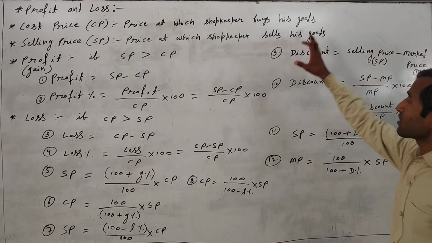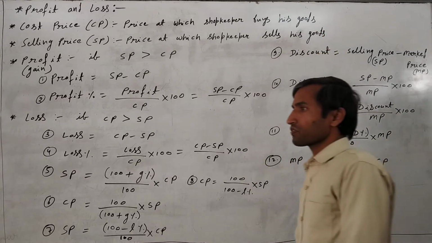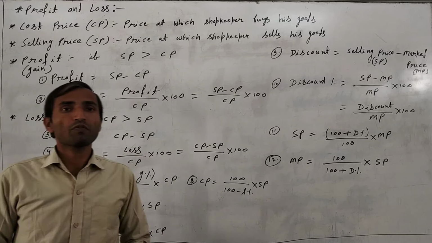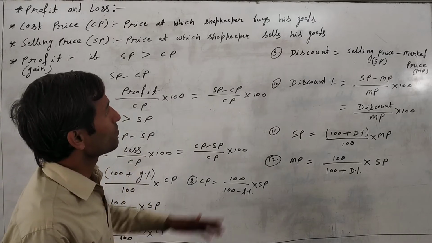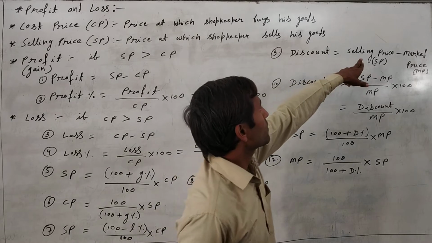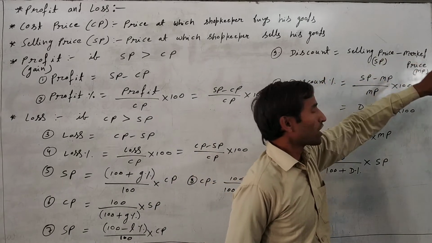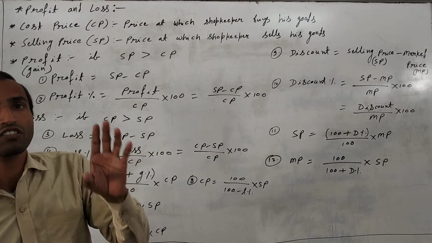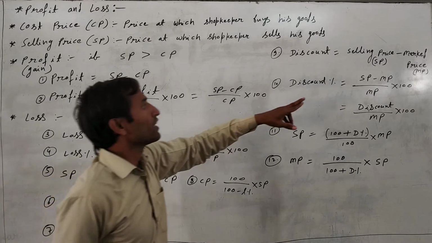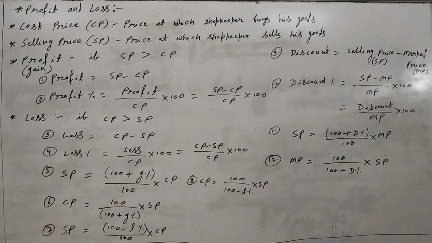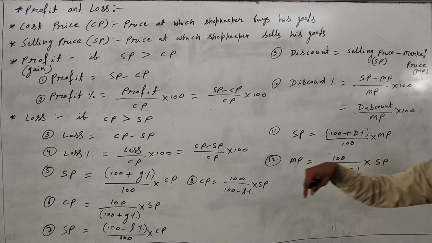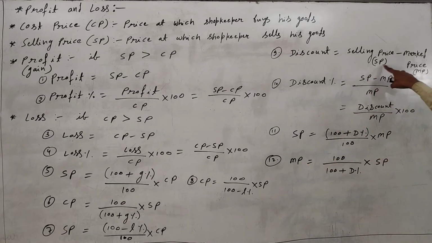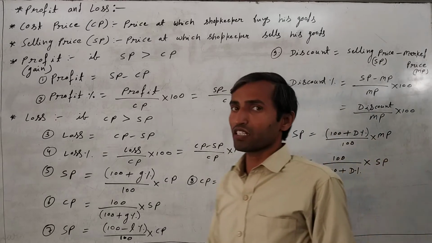Now sometimes the question gives a discount. If we are purchasing anything, the shopkeeper provides a discount. In this case the discount formula is mark price minus selling price. Mark price means tag price, the price that is written on the tag. Sometimes it is also called list price, or tag price. So discount equals MP minus SP, where the mark price shortcut is MP. Okay, and then we have to find discount percentage in this case.